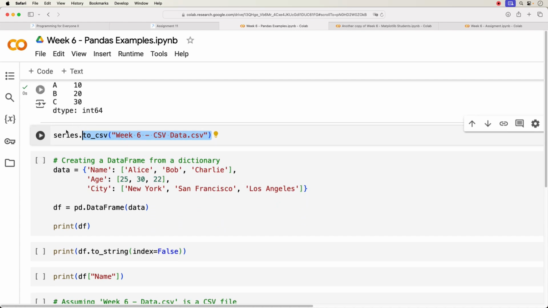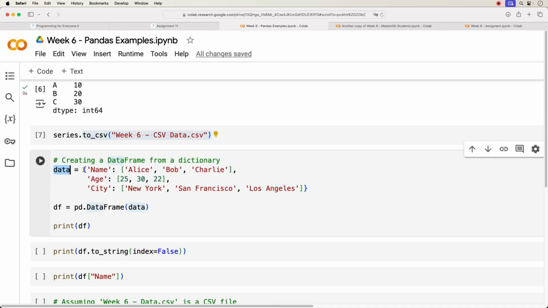All right, next option. Now we're going to leave the series and we're going to go into data frames. So we learned moments ago that series is basically a one-dimensional type of, which is a column in a table, but data frames are columns and rows, which means it's an entire table. Okay, so I'm going to create a data variable and I'm going to set it equal to this data dictionary. It's going to have 3 keys, name, age, and city, and each key is going to have a list of 3 values. So name is going to be Alice, Bob, Charlie, age is going to be 25, 30, 22, and city is going to be New York, San Francisco, and Los